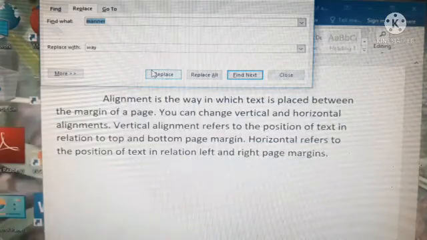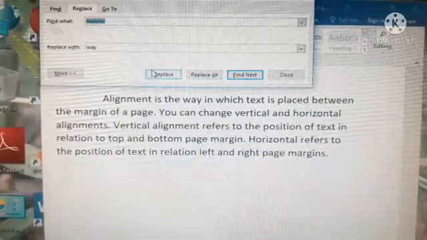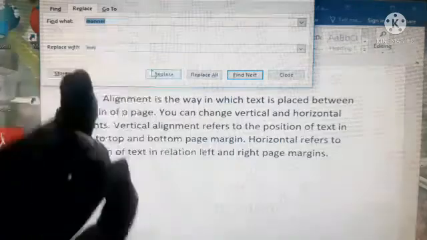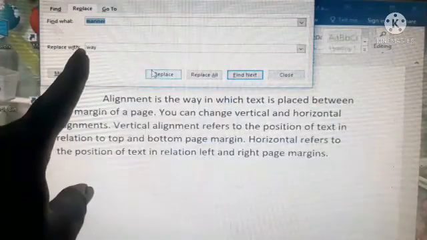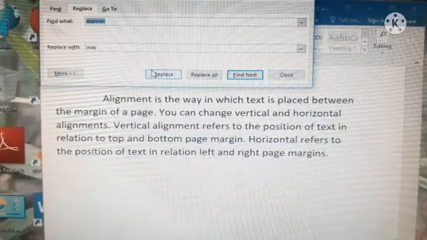Next we click on the Find Next button, and that particular word will be highlighted. Next we click on Replace, and that word will be changed to the replacement word in our document.